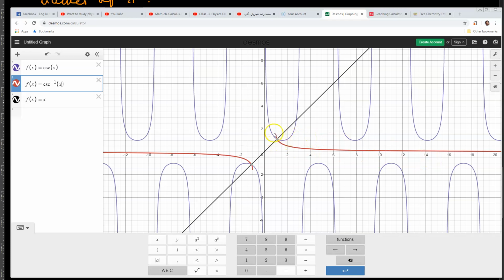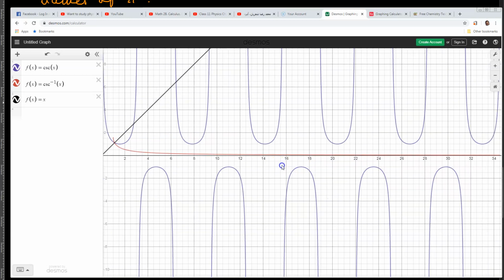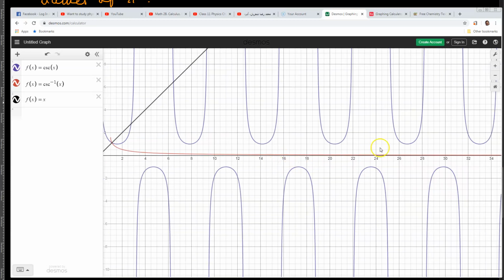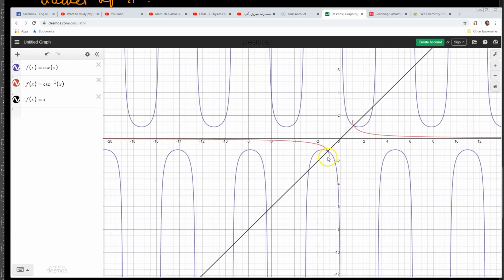This graph goes from 1 comma pi by 2 and goes all the way up to infinity, and the line gets closer and closer to the x-axis. Over here you have negative 1 comma negative pi by 2, and then the line keeps getting closer and closer to the x-axis, and of course on the negative side,